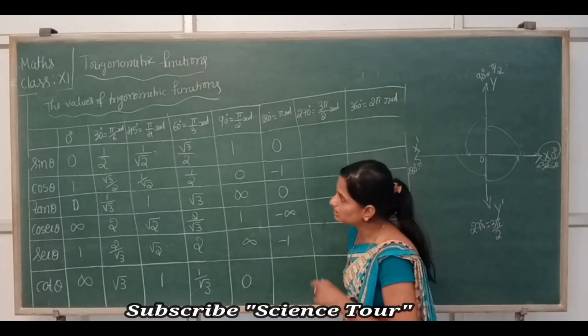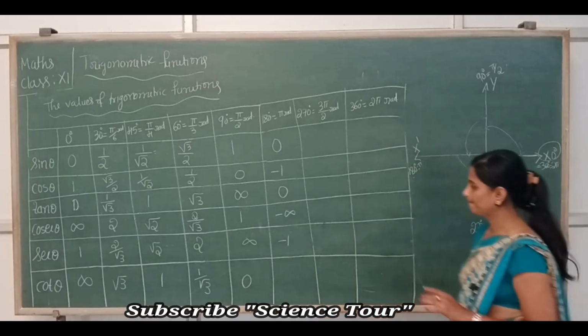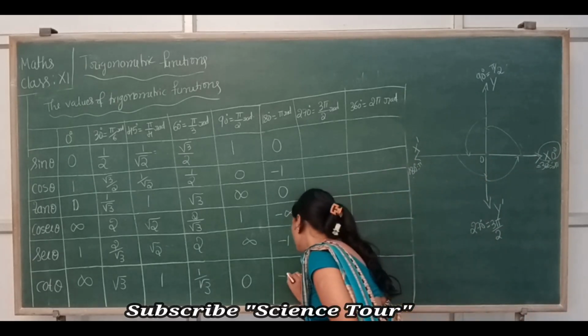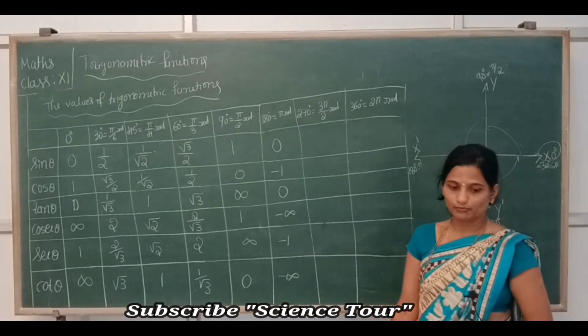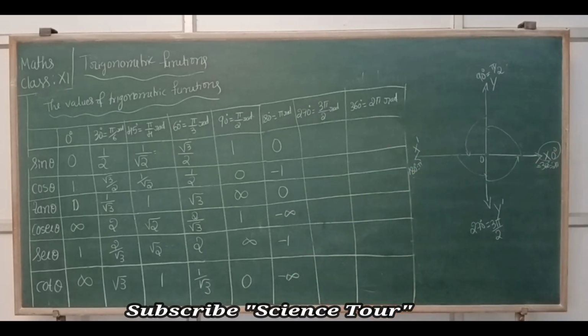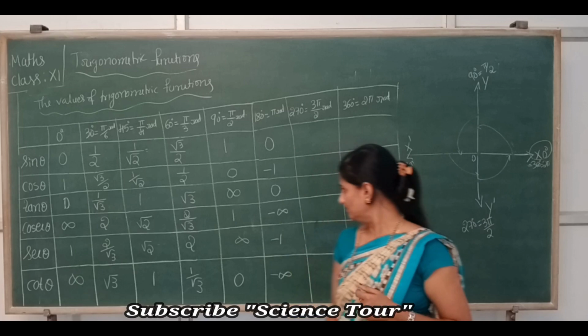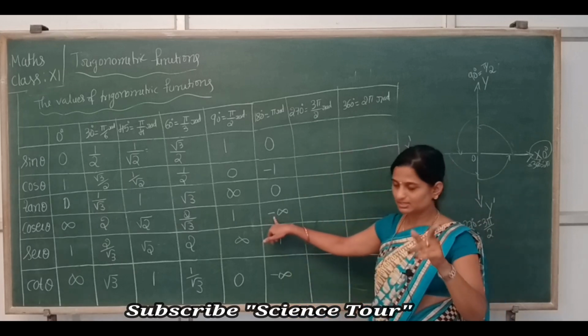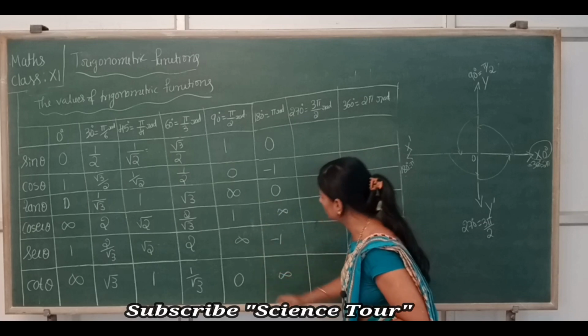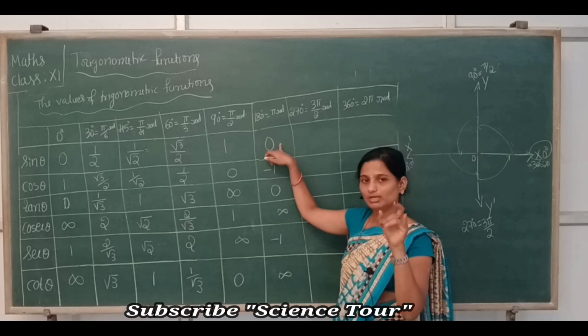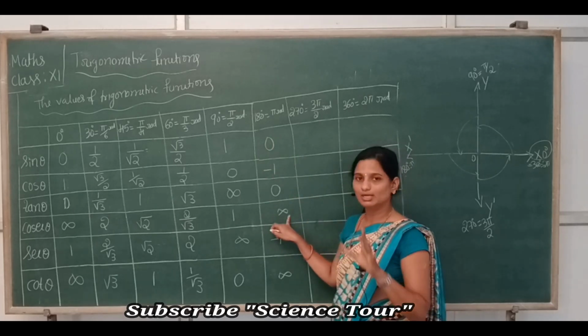Next, cot 0 is what? Infinity. So what is your cot 180 degrees? It is minus infinity. Clear? Here for negative we can write minus infinity or positive, so better write positive. So positive infinity. How are we writing 0? Plus 0. We are not writing minus 0. Similarly we are not writing negative.